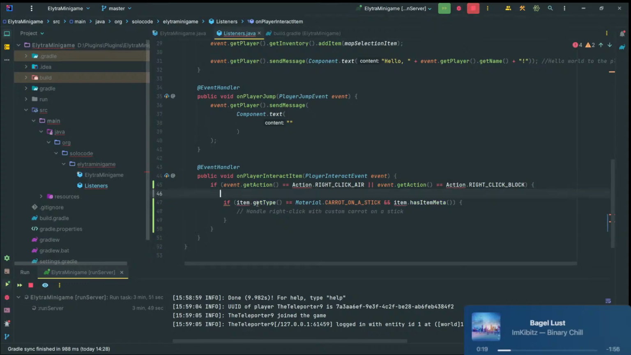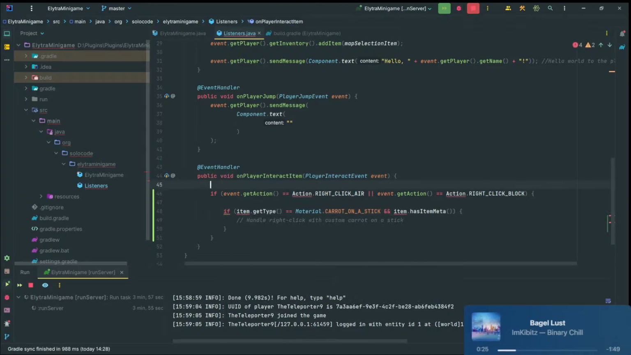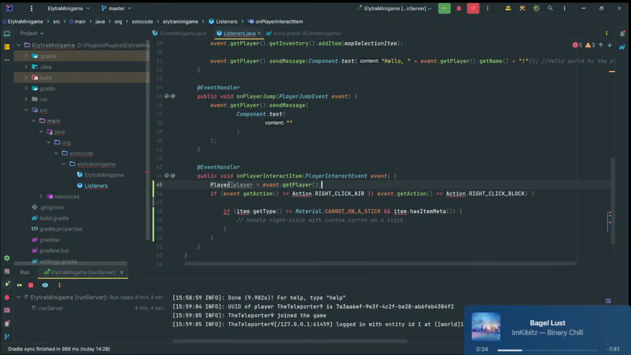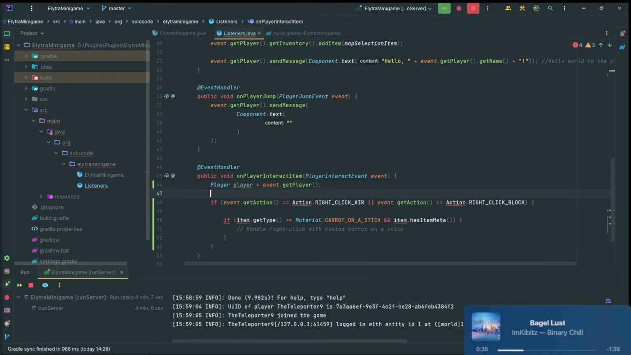There we go. If item, where the hell do I get item? Let's see. First here, let's change the event to a player so it's easier to maintain. So say player equals event.getPlayer. So we get the player we're active with, and then we import that. So we say player dot get action,